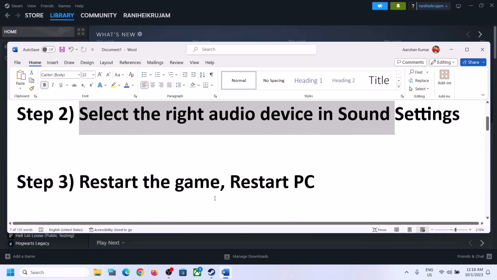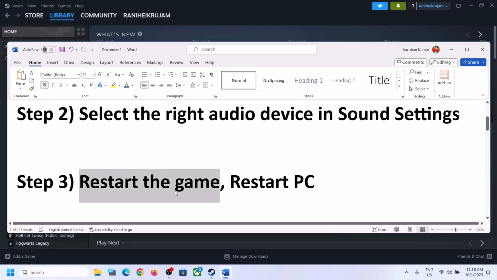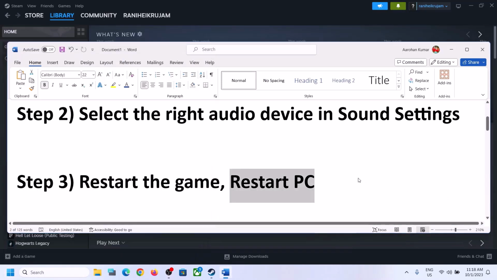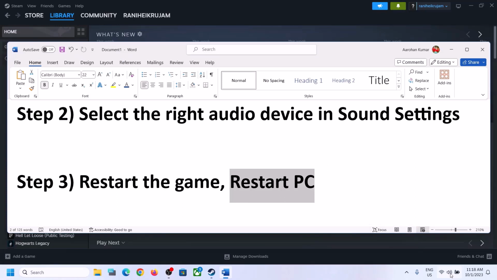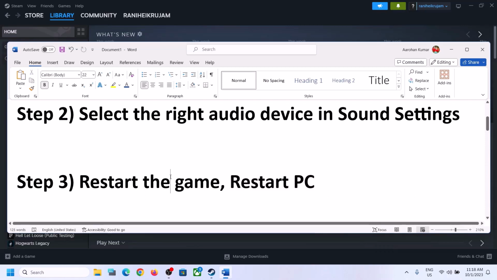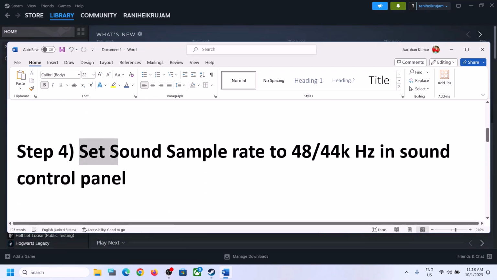Next step is to restart the game. So if the game is running, close the game and then launch the game once again. If that does not work, restart your computer. Make sure that you restart your computer, and after the system restart, again select the right audio device from here. Make sure that you select the right audio device, and then the next step is to set sound sample rate